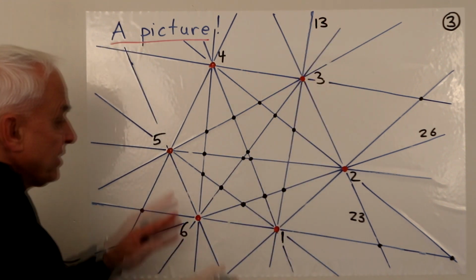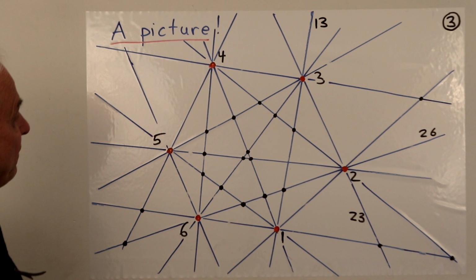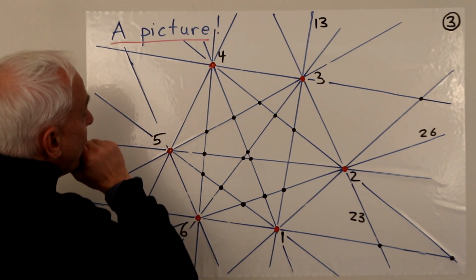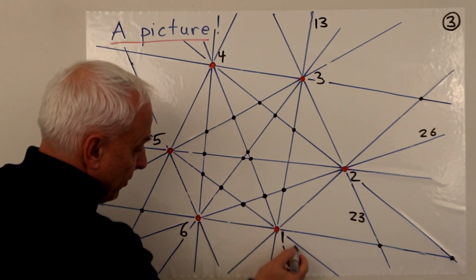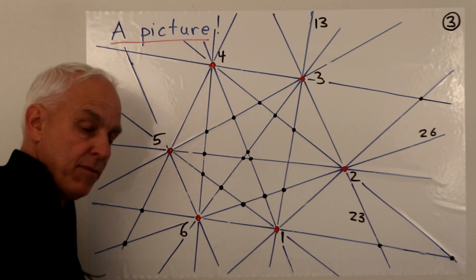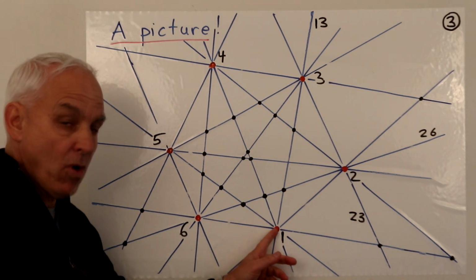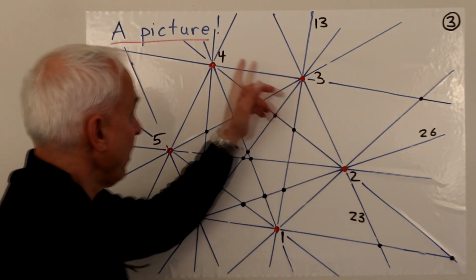Okay, so we can see there's lots of edges, and can we count that there's actually 15 of them? Well, let's see. So through, say, this one here, we have 1, 2, 3, 4, 5. We have 5 lines passing through that one. And we can count, there's also 5 passing through that one, and 5 there, and 5 there, and 5 there,